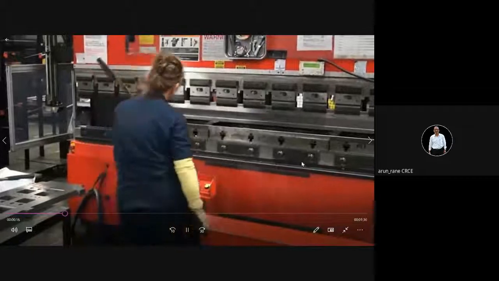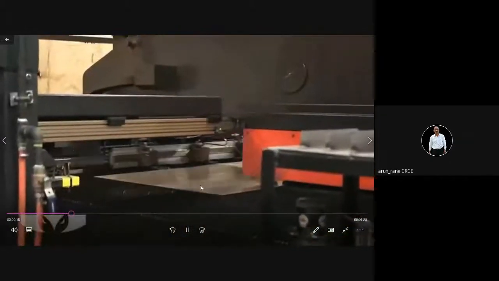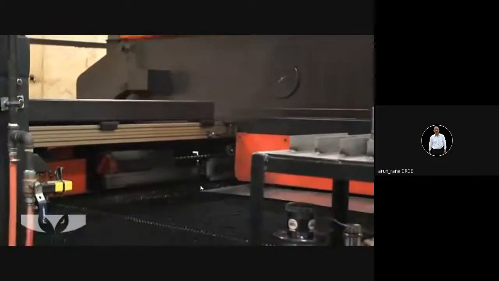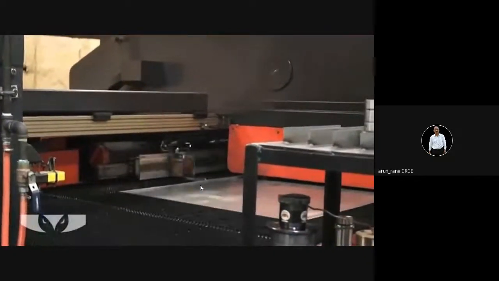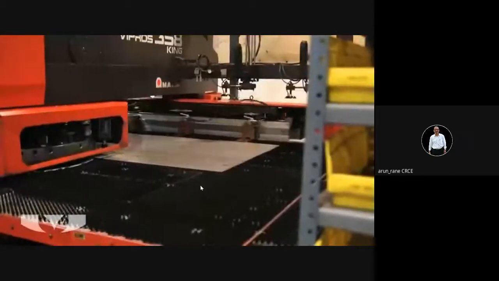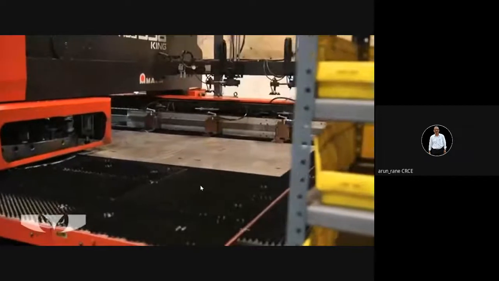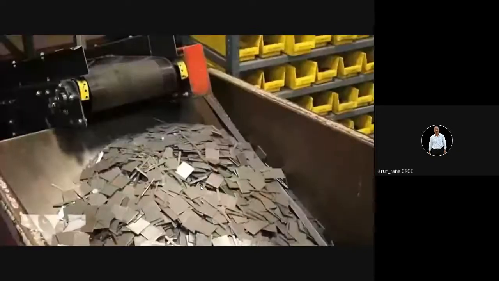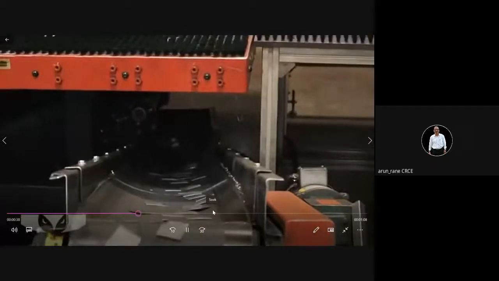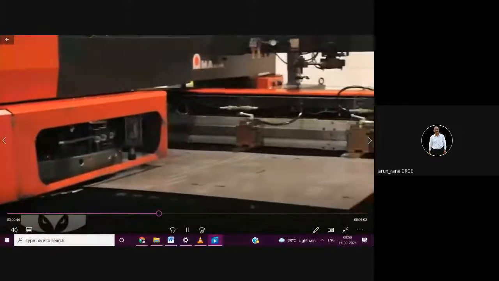This is a press machine, and punching is nothing but creating holes. Students always get confused with punching and blanking. Punching is creating a hole, and blanking is when that piece, which would be scrap, is used. If you are going to use that piece, then that is called a blanking operation.